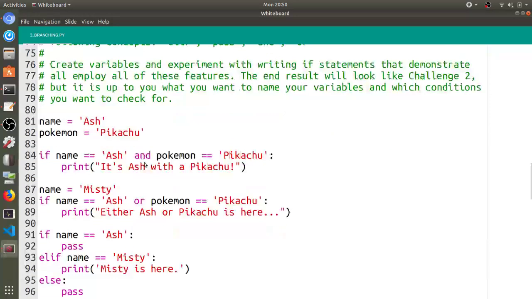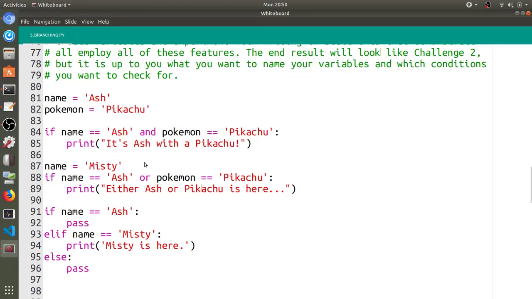So here's how we can use and, or. And lets us take 2 conditions and do them both at once, which means if name equals Ash and Pokemon equals Pikachu, it will only print it's Ash with a Pikachu if both conditions are met. That's what and does. It allows us to combine conditions. So now this if statement has 2 conditions because it has and combining the 2 conditions, and both conditions must be met, must be true for it to